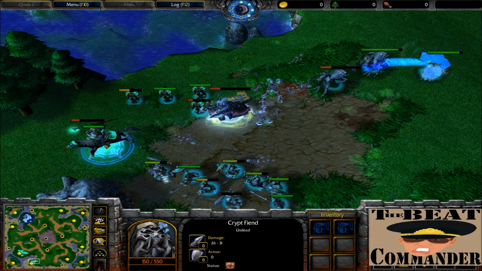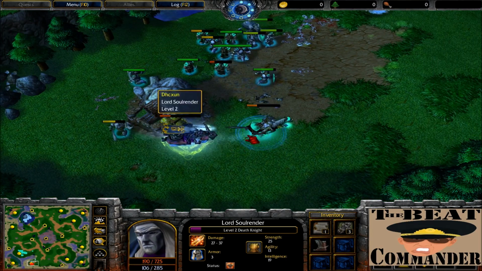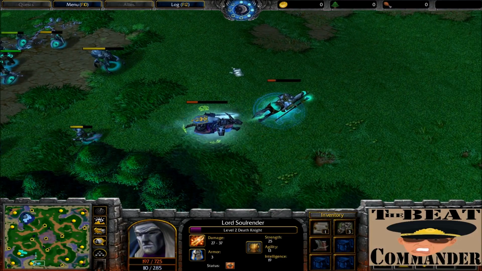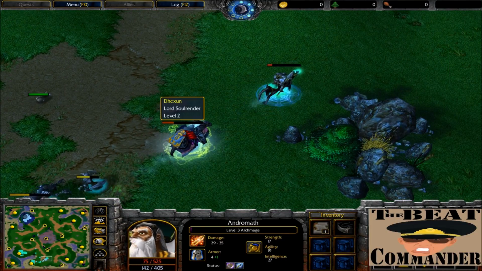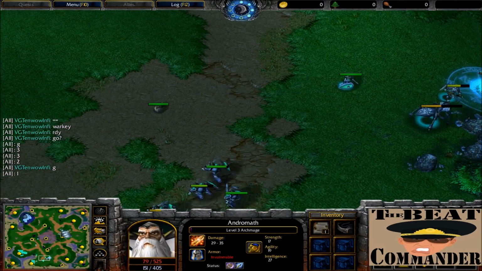And 2 Crypt Fiends down here at the battle as well. Archmage is very low on health, but so is the Death Knight. However, I think the Archmage is a little bit more in trouble right now, as the Death Knight can simply Death Coil sooner or later here. Gonna have to use the Scroll of Town Portal as soon as the Death Coil starts to wind up. He does have enough for that Death Coil, uses that Town Portal, and gonna go all the way back to